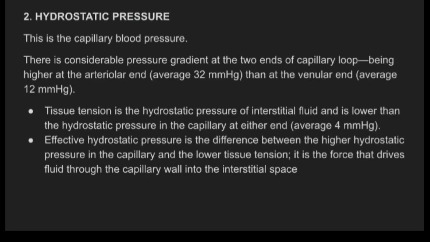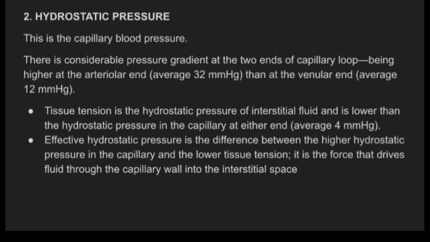Going to the next one, which is hydrostatic pressure. It is the capillary blood pressure that is present. So the pressure gradient depends upon the two ends of the capillary loop. One is higher at the arteriolar end, and the other is lower at the venular end. Near the arteriolar end, there is an average of 32 mmHg of pressure, and near the venular end, 12 mmHg